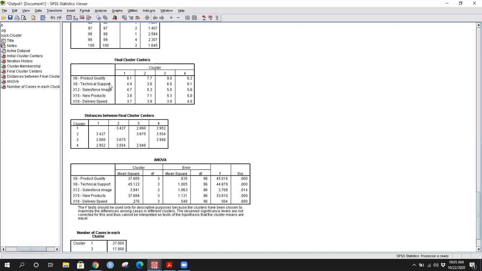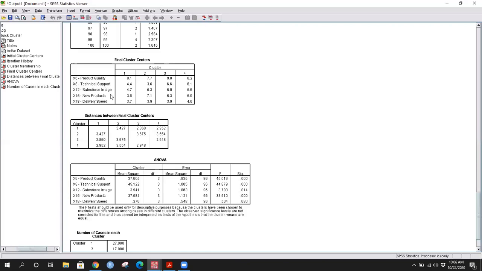Talking about technical support, so in technical support, we see that this cluster 1 has rated at the third number. So that means it's actually not too good from the perspective of cluster 1. So we see that the topmost rating has been 6.6, then 6.1, and then is 4.4. Also, since we consider the rating from 0 to 10, so 5 becomes the average score. So 4.4 can also be thought of as something below average. Okay. So technical support for this cluster is somewhere below average.